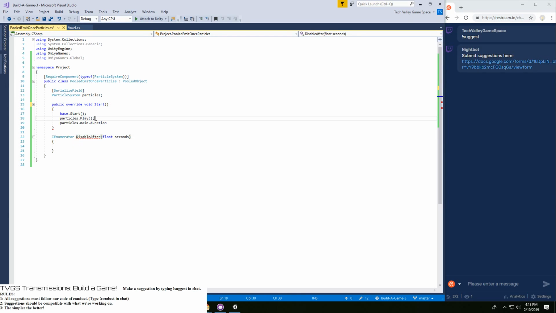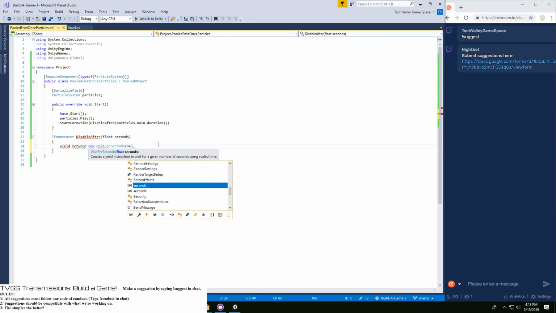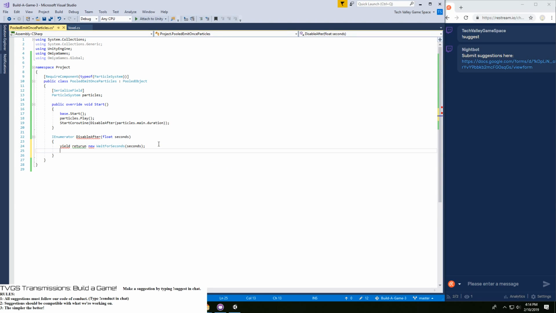And then we can say start coroutine, disable after, and then yield return new wait for seconds. Why is it complaining that yield is not correct? Because I misspelled return.